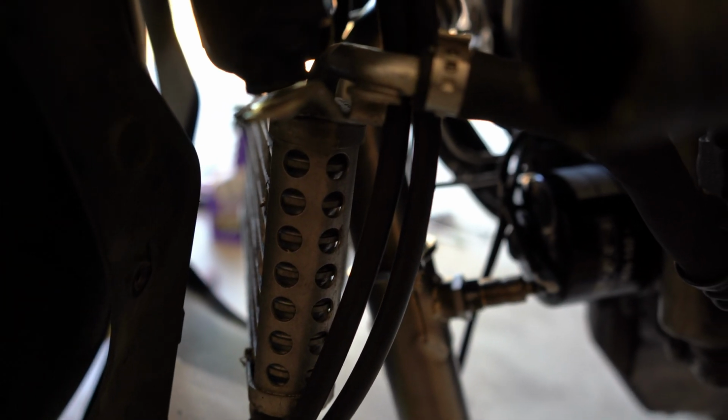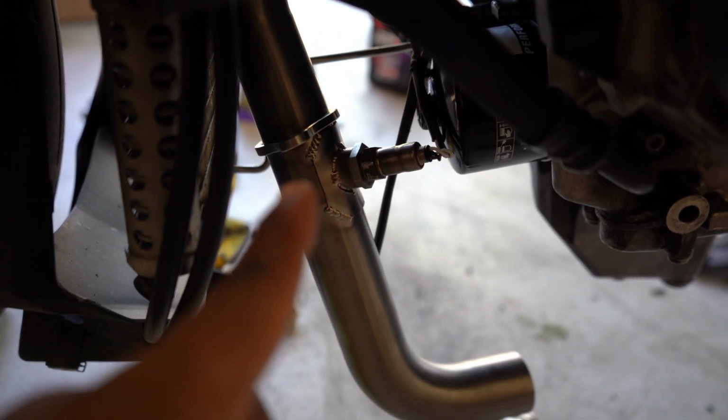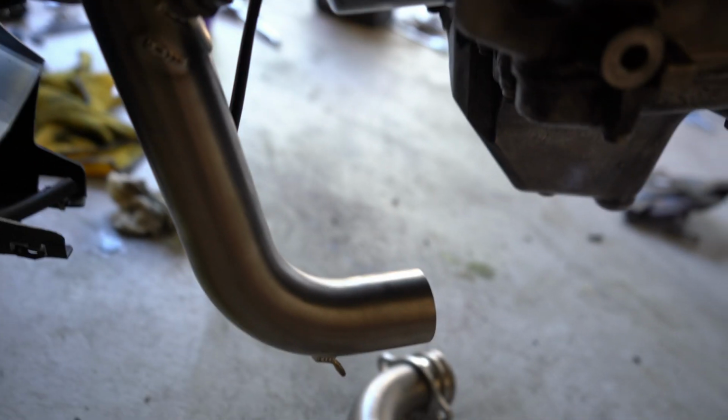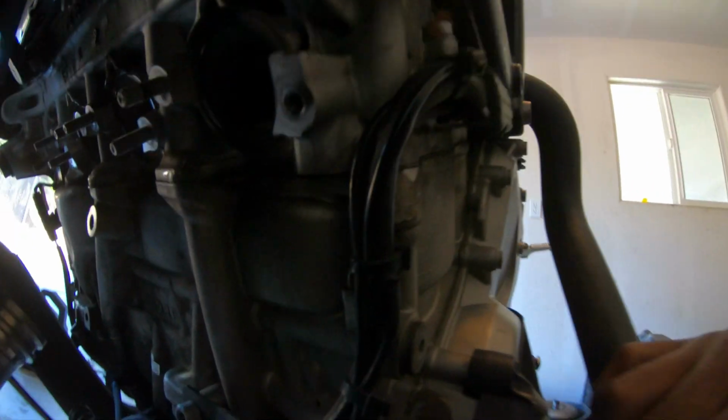Okay, so from here, like I said, we put the headers on and we have the first O2 sensor installed, but I'm actually going to switch to my GoPro and show you how they go on. So here we go. Okay, so now we are on the GoPro, and there is the port where you put the header on,